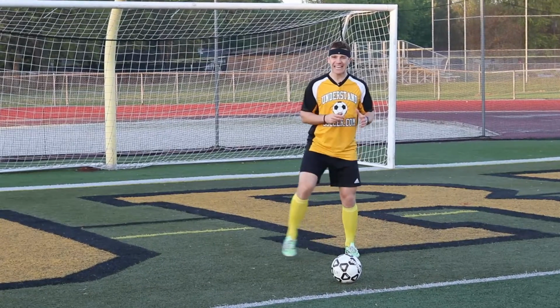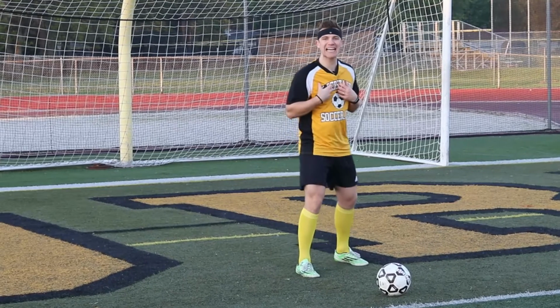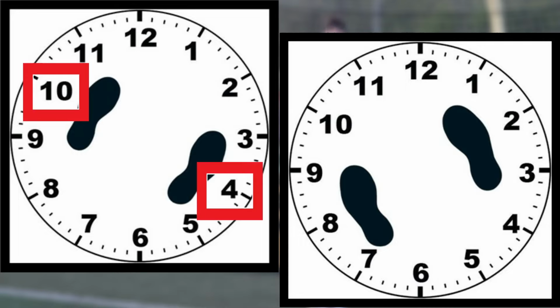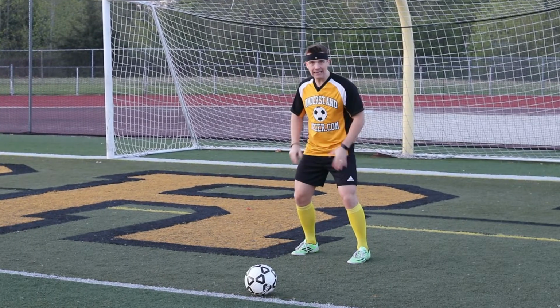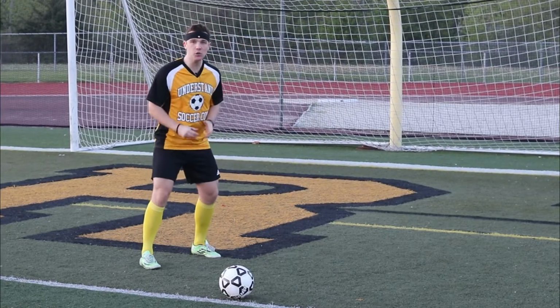So you want your feet angled but not turned entirely to the side, as you want one of your sides to face the attacker. If your feet were hands on a clock, you would want your feet positioned at either 10 and 4 as shown in the first image or 8 and 2 as shown in the second image. This positioning allows you to push them to their left or to their right. Standing at 10 and 4 will push them to their left, and standing at 8 and 2 will push them